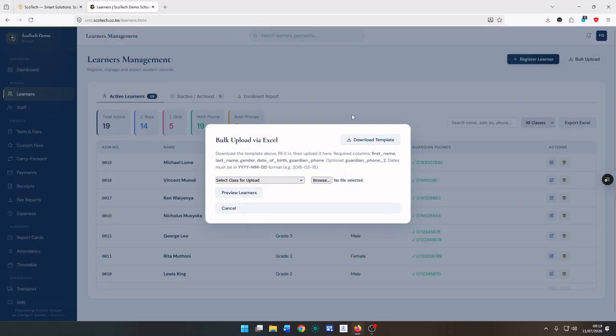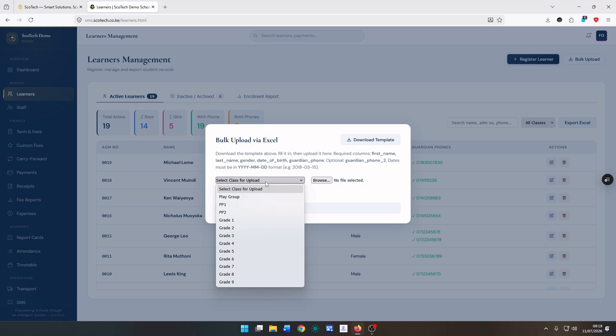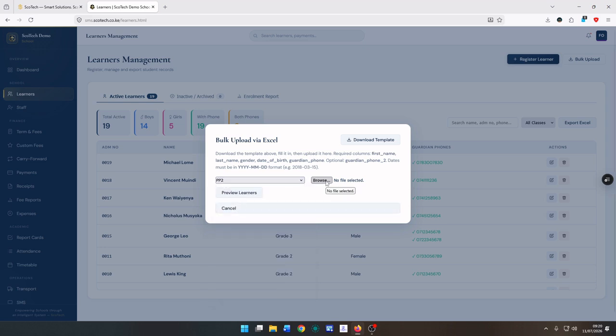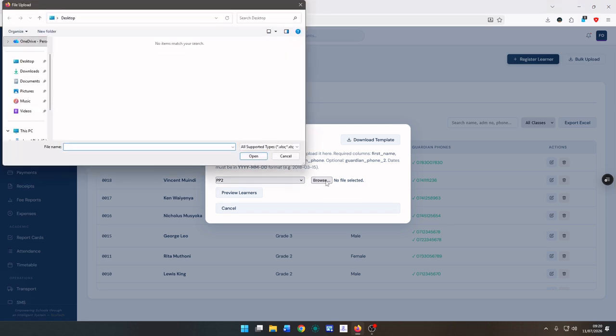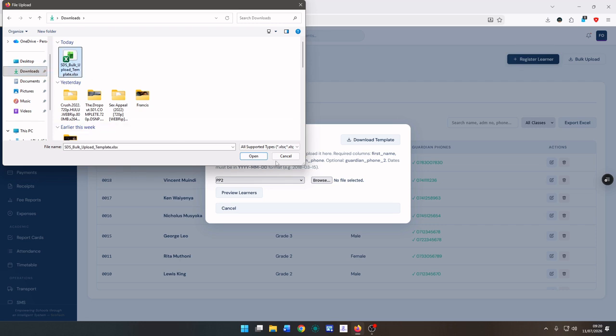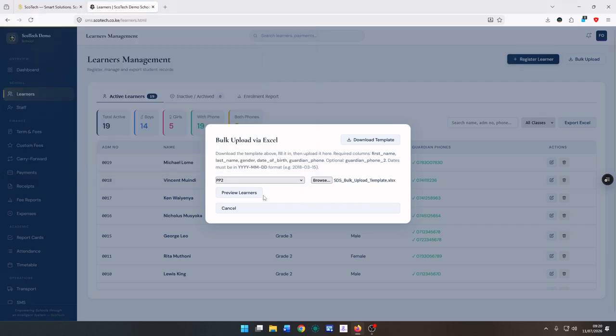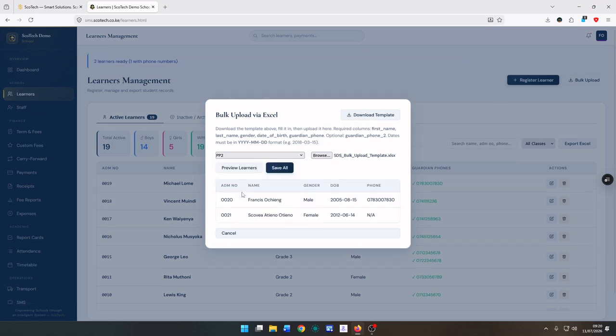So we downloaded the template and we typed the names of the learners we want to include. Now when you want to upload, let's say Francis and Scovia are both supposed to go to PP1. You will click the class first, then click browse to select our file. Our file is supposed to be in downloads. Here it is. I click it, then open. You will preview learners to see them before you save them. So I will click preview so you can see